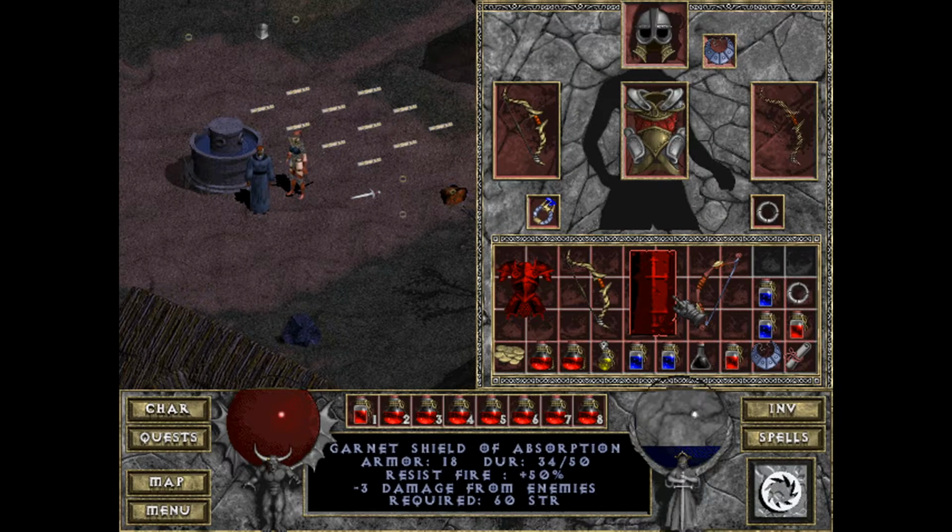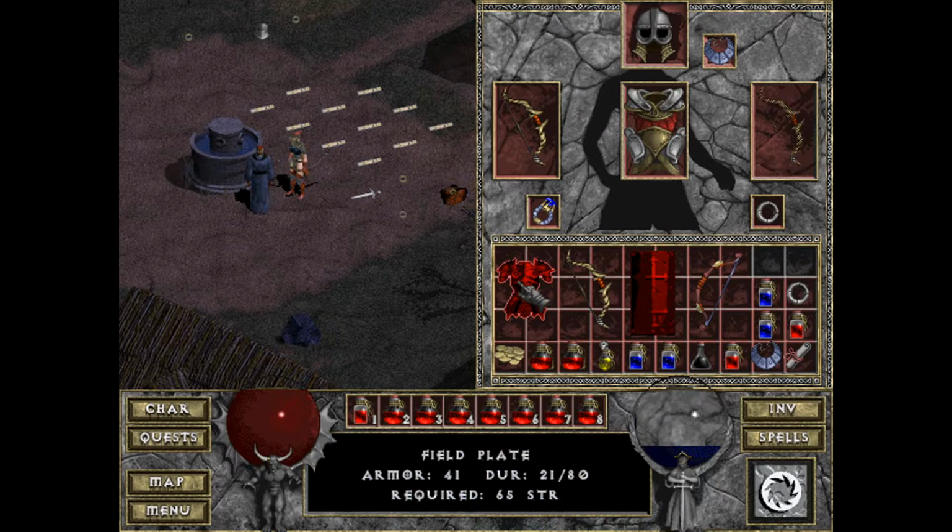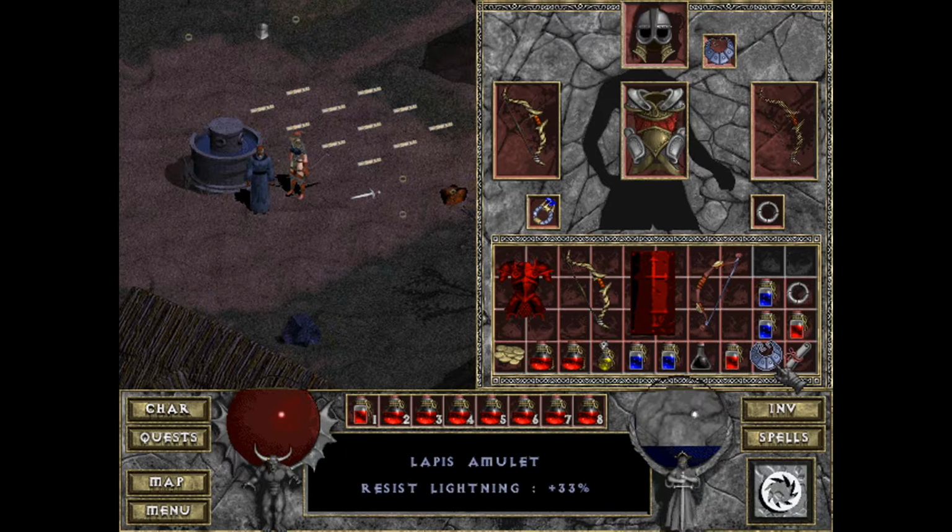Okay. Fire resistant plus 50 shield. Healthy bow. Powerful bow. Oh, you know, I carried around this unenchanted plate. That's kind of funny. Lightning resistant amulet. Not really needed. Magic resistance ring. I mean,